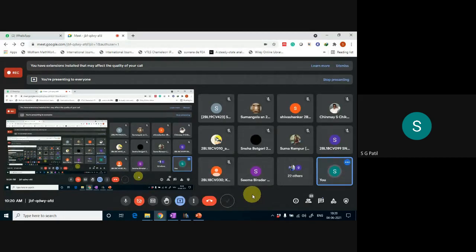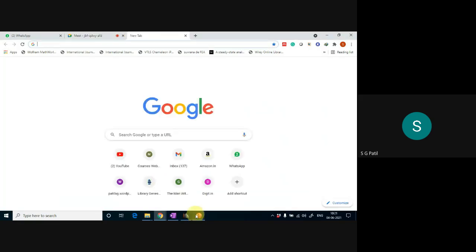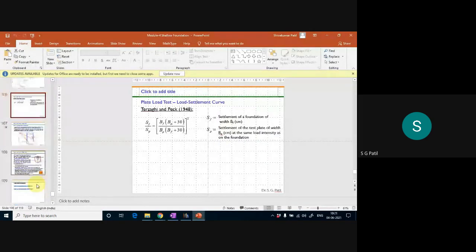They can be addressed, but the cost involved will be more. The more platform you require, because if the size of the plate is increasing, you have to maintain a higher load on the top. So if money is not a problem, then you can overcome those limitations by using advanced equipment. Okay, now I will go to some links where this plate load test is performed.